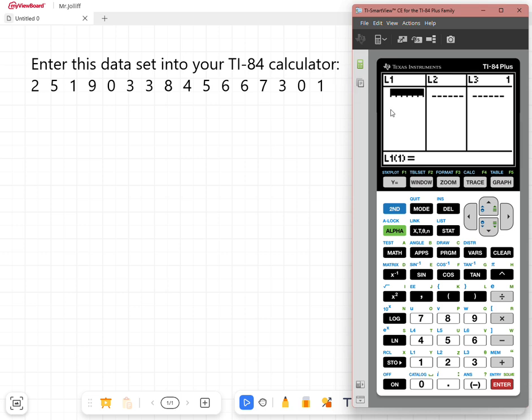To get the data into the list, we're going to press the number and then enter. And you notice it drops you down to the next cell. And that's all we're going to do. We're going to keep typing numbers and pressing enter. And you'll notice this list has 16 digits in it,